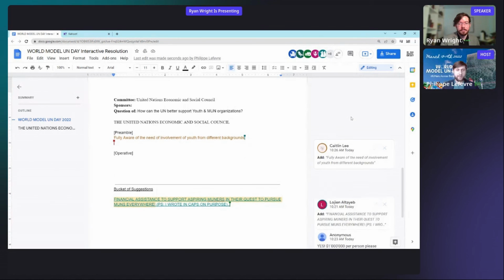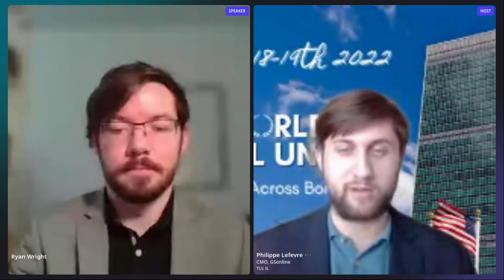I think we're going to end the session, but the way AirMeet works is there are a bunch of tables. You are free to go on the tables and chat with other people. And so, Ryan, you're saying this will end by tomorrow midday? People will have just about 20 hours to make as many edits as they see fit.